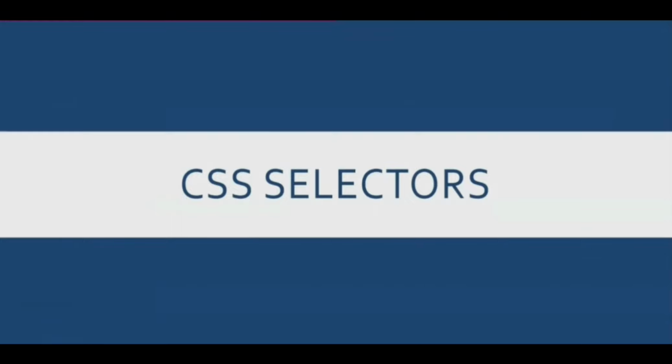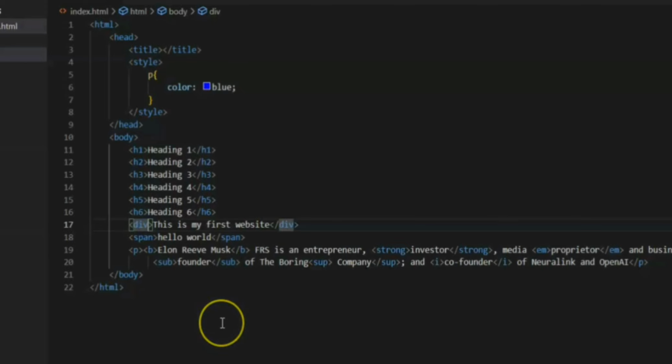Before moving on to class and ID selector, let me tell you what is class and ID. Class is used to define a group of HTML elements in order to apply unique styling through CSS. We can take multiple classes of same name, but ID is used to select only one element, so it should be unique. Next is ID selector.